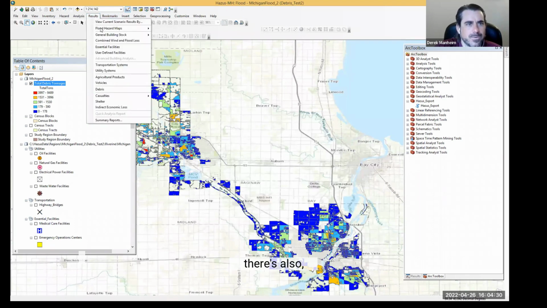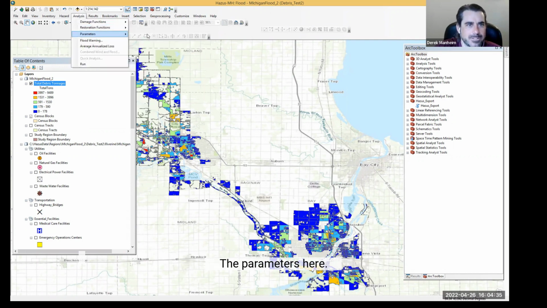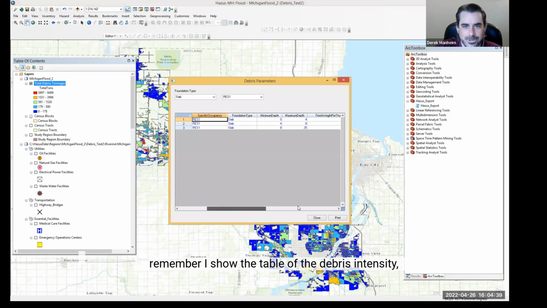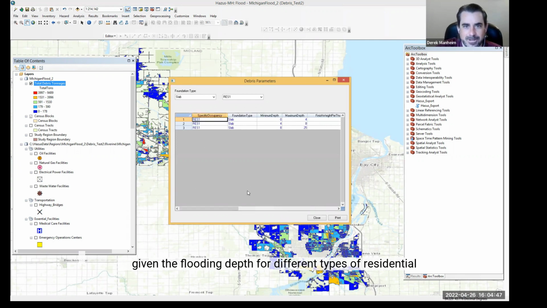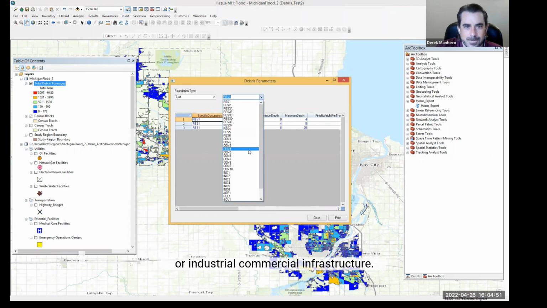There's also, what else do we have here? Under analysis, the parameters here. So for debris estimation, remember I showed the table of the debris intensity, how much debris is generated per square foot of building, given the flooding depth for different types of residential or industrial or commercial infrastructure.